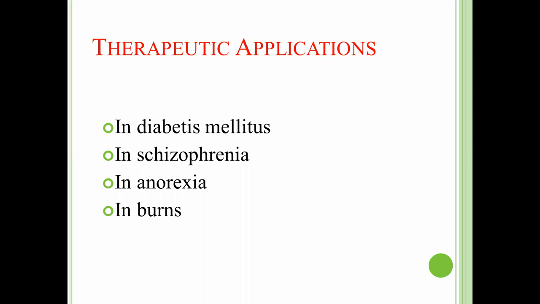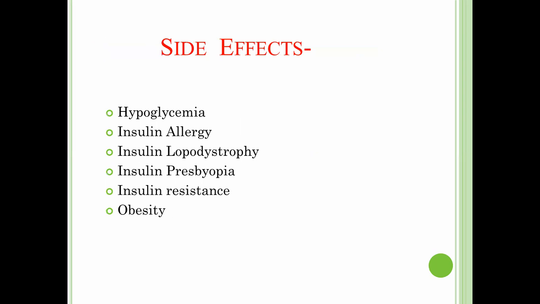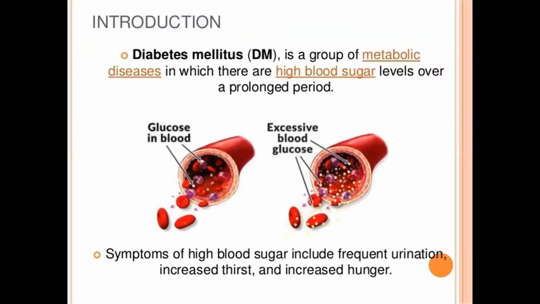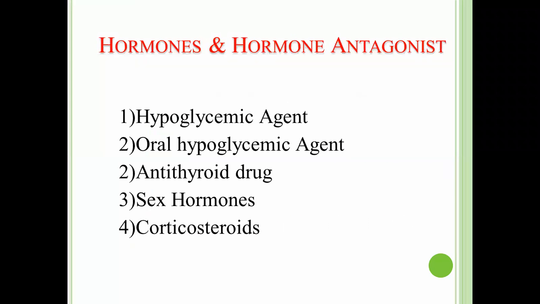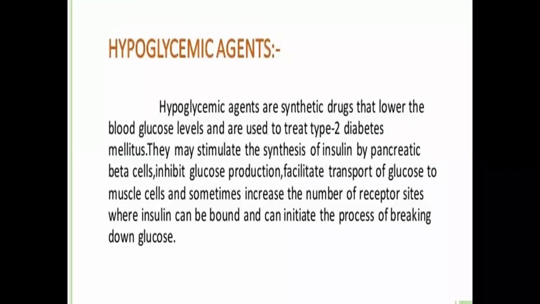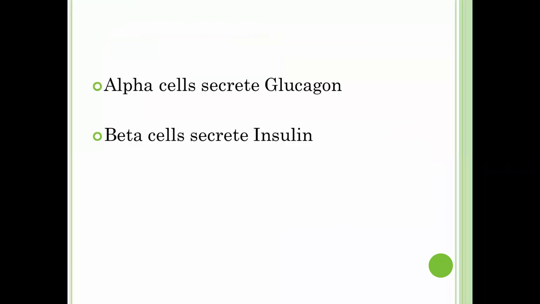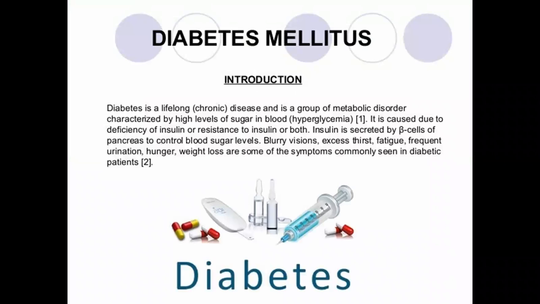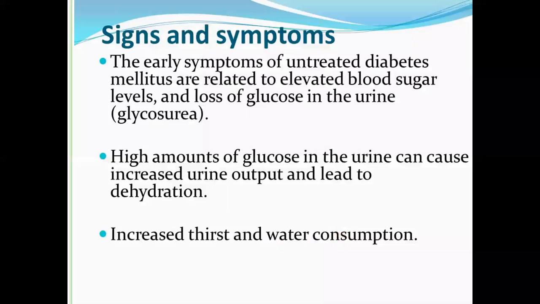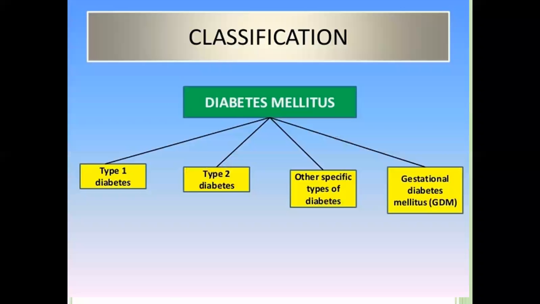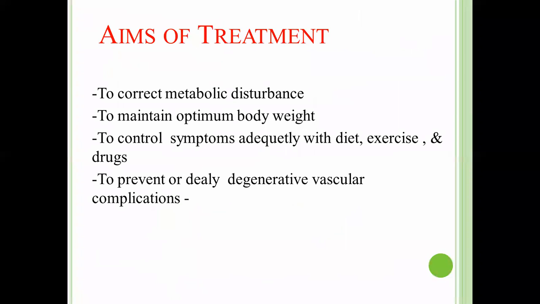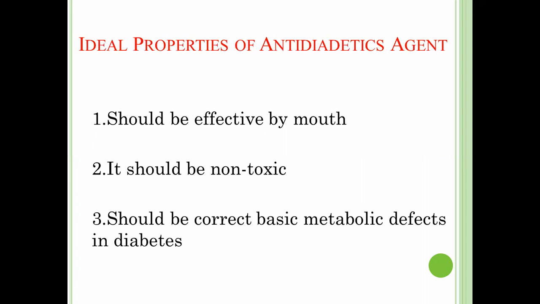Here we complete the first chapter, hypoglycemic agents, in which we first discussed what is meant by hormone antagonist, hypoglycemic agent, alpha cell, beta cell, their secretion, what is meant by gluconeogenesis, glycogenolysis, what is meant by diabetes mellitus, what happens in this disorder, what are the symptoms of this disorder, then types,